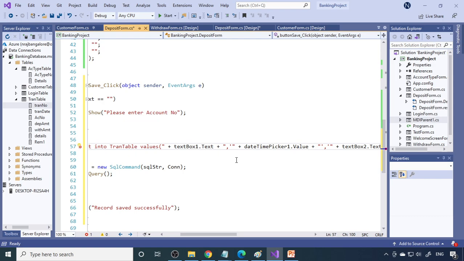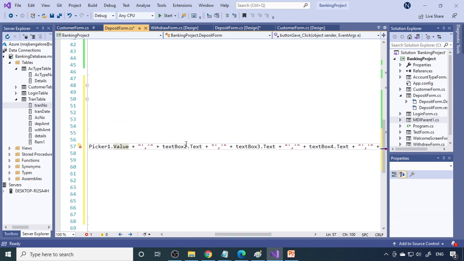Here you can say DateTimePicker dot value. So this is the value. Then textbox 2, then textbox 3, 4. So this is 0, 1, 2, 3, 4. So these three are numbers. So 2 is a number, therefore no need of single quote. 3 is a number, no need of single quote.